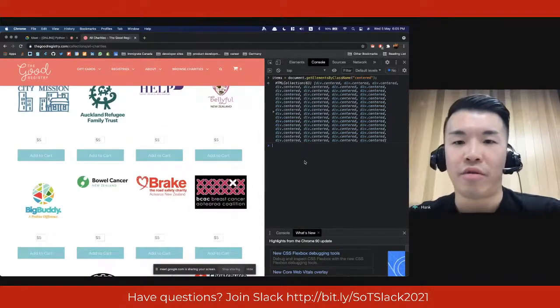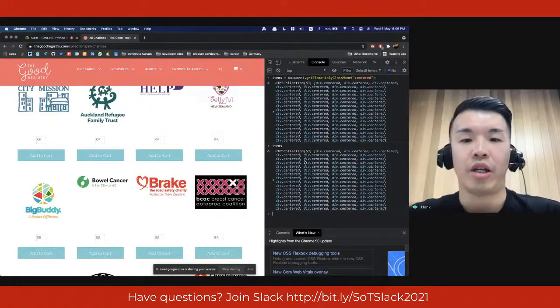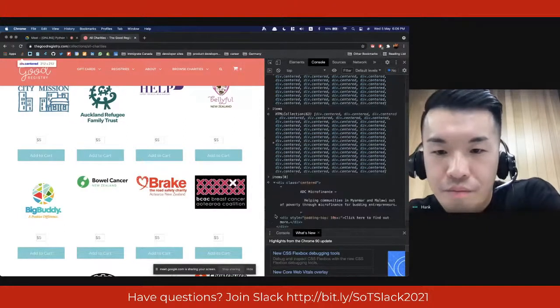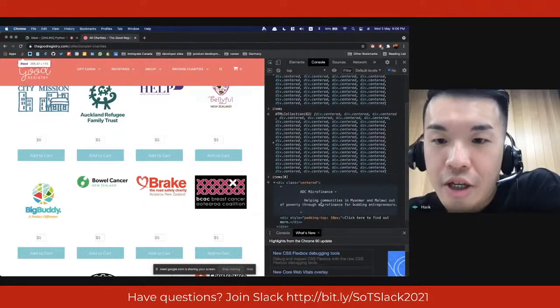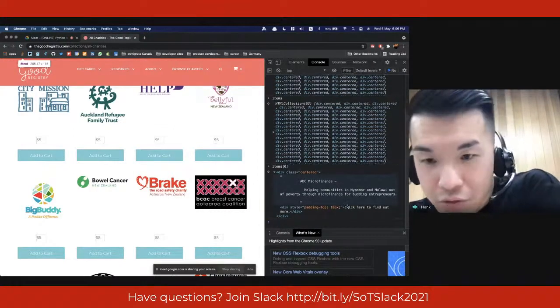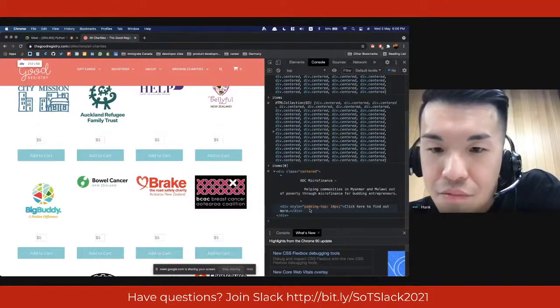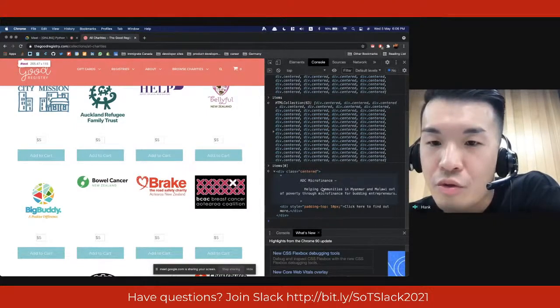Let me try items again. So 63. Cool. And let's get the first item. You can see ADC microfinance and the description, helping communities in Myanmar. Exactly right. And you can also see there's another HTML tag, that's buttons. So today we want to scrape the titles and the description and export those two things